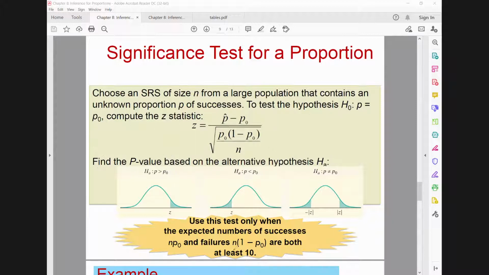Once again, we have to be sure that the number of successes and the number of failures is more than 10. If it's the case, then we are sure n times P0 and n times 1 minus P sub 0 are more than 10. If we have this, then we can write the z-score. And once we have the z-score, we can of course evaluate the p-value. The p-value is the area, this area in this case, and it's both areas once we have two-sided, as was explained before. Here we have to evaluate this one and multiply by 2.